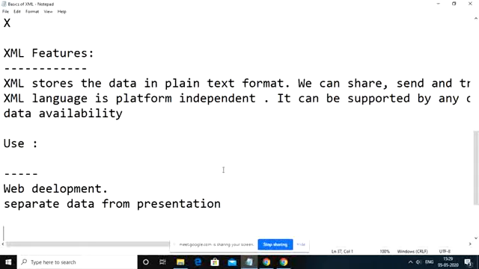As of now we have some kind of data related to a student, like roll number, branch, year and sem, all these details. Later you want to update your student details. In that case, along with the data you also need to change your presentation, whatever formatting tags you are using there. That is what happens in the case of HTML language.